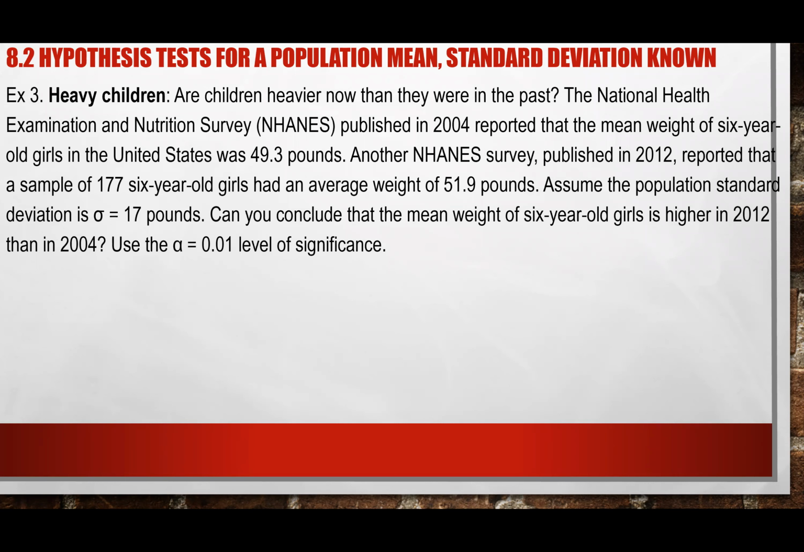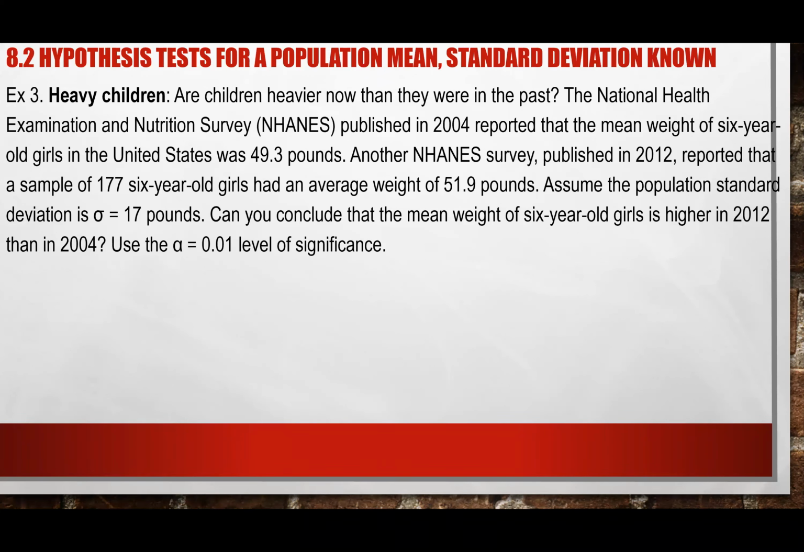Heavy children. That's the title. Are children heavier now than they were in the past? The National Health Examination and Nutrition Survey, published in 2004, reported that the mean weight of a 6-year-old girl in the United States was 49.3 pounds. Another survey published in 2012 reported that a sample of 177 6-year-old girls had an average weight of 51 pounds. Assume that the population standard deviation is 17 pounds. Can you conclude that the mean weight of a 6-year-old girl is higher in 2012 than in 2004? Use an alpha level of